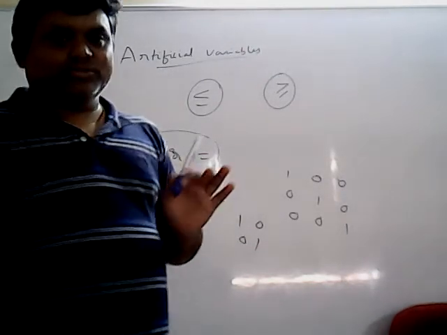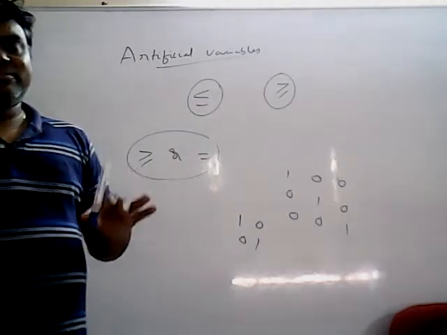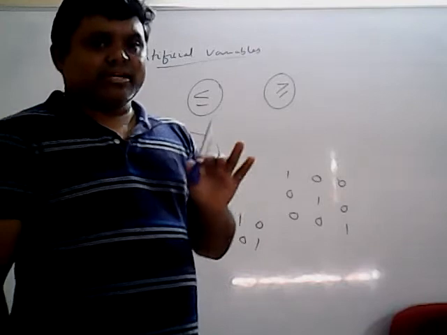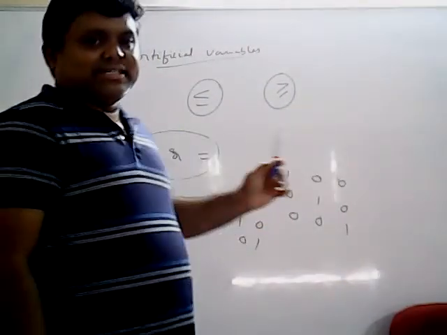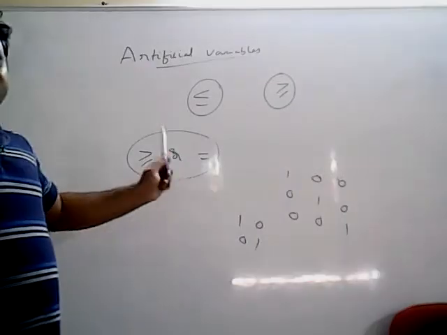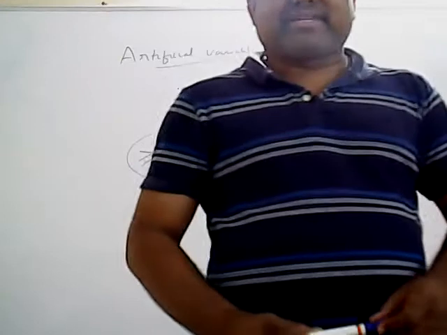I think all of you understood what I mean by artificial variable now. A slack variable is always added. An artificial variable is also added. A surplus variable is subtracted. If the constraint is greater than or equal type or equality type, you require artificial variables. Now we will discuss the BGAM method.